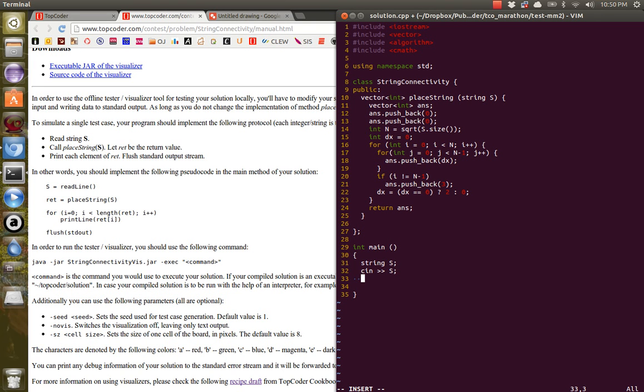So now we need to create an instance of the string connectivity class. So StringConnectivity sc, and we're gonna call sc dot place, so vector find answer will be sc dot placeString. I'm gonna give it s. Then we want to print out